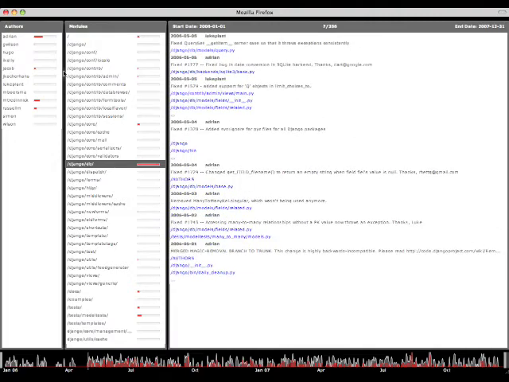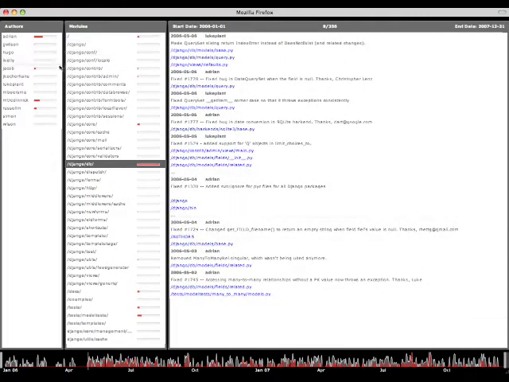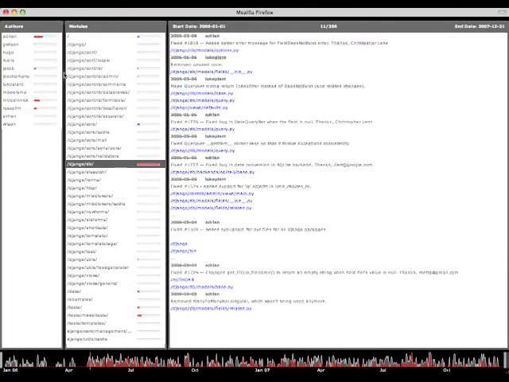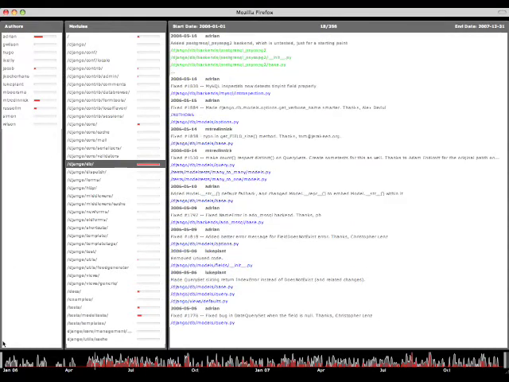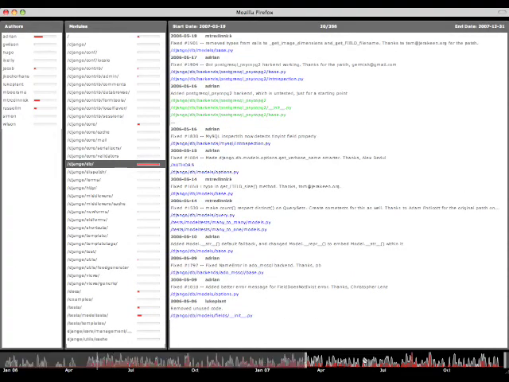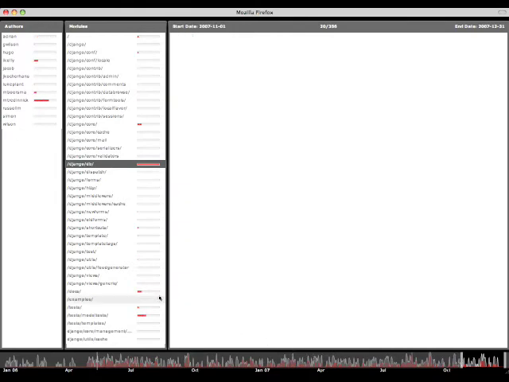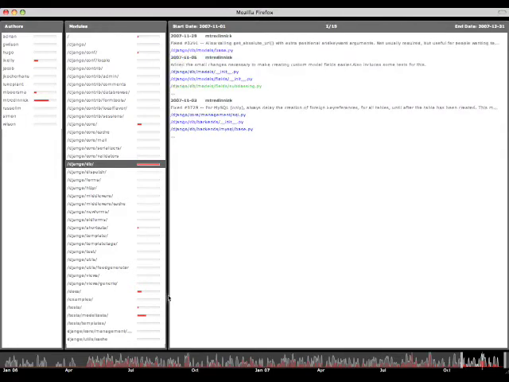We can also see at a glance that slash, docs, Django core, and tests tend to be changed at the same time as DjangoDB. By dragging the left slider to the right, we can focus on only recent commits. Looking at the red bars in the author list, we can see that most of the recent changes have been